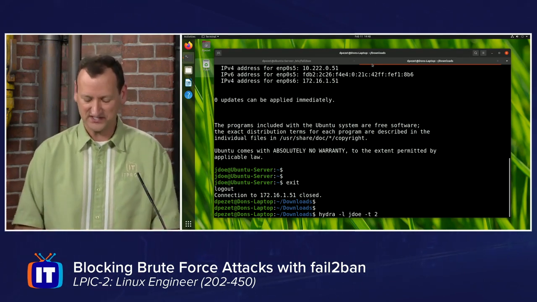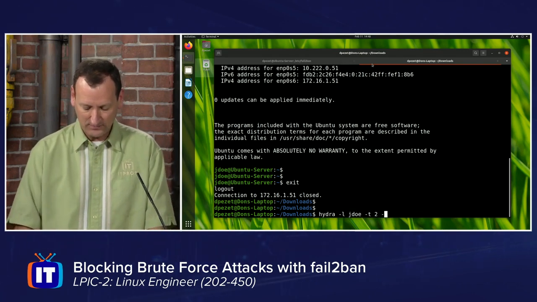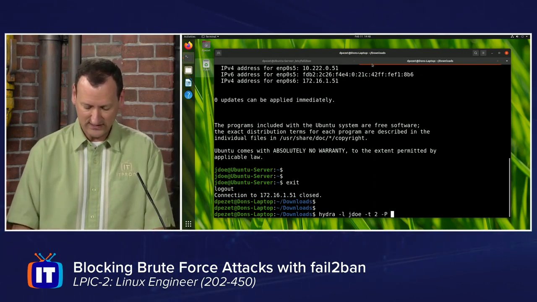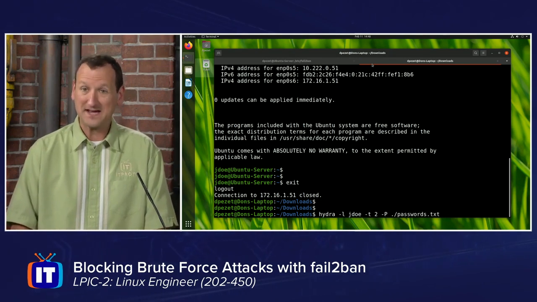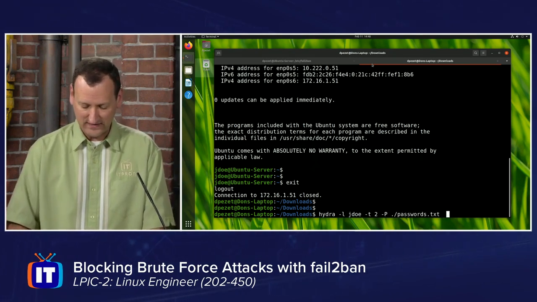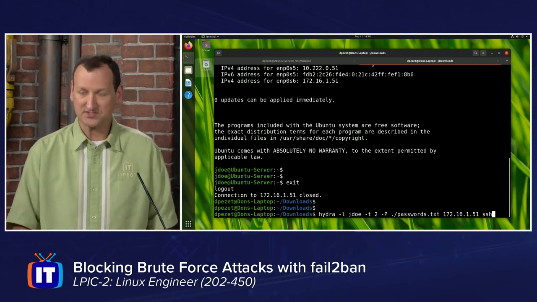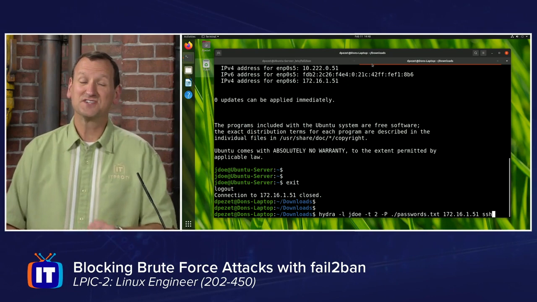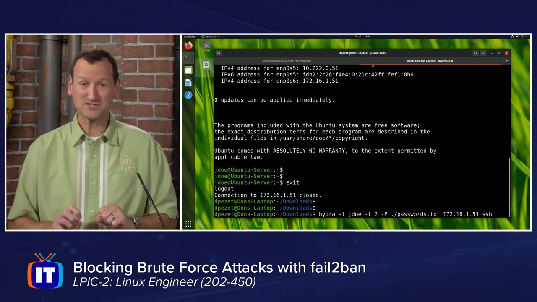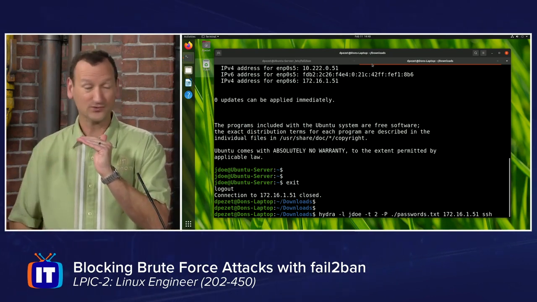It'll judge that the session is timed out eventually. For my passwords, I'll do a -P, and I'm going to feed in that password list that I've got. And then the IP that I'm connecting to, 172.16.1.51. And then lastly, I'm using SSH. Hydra is now going to take that file with 10,000 passwords and just start ramping through them and feeding them